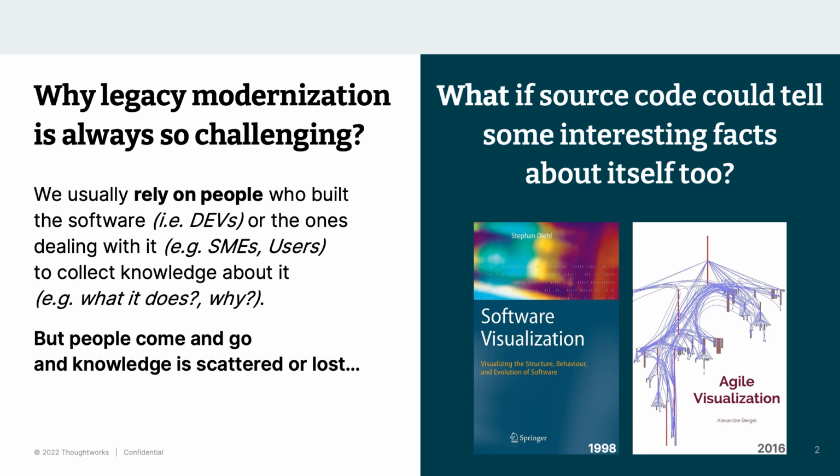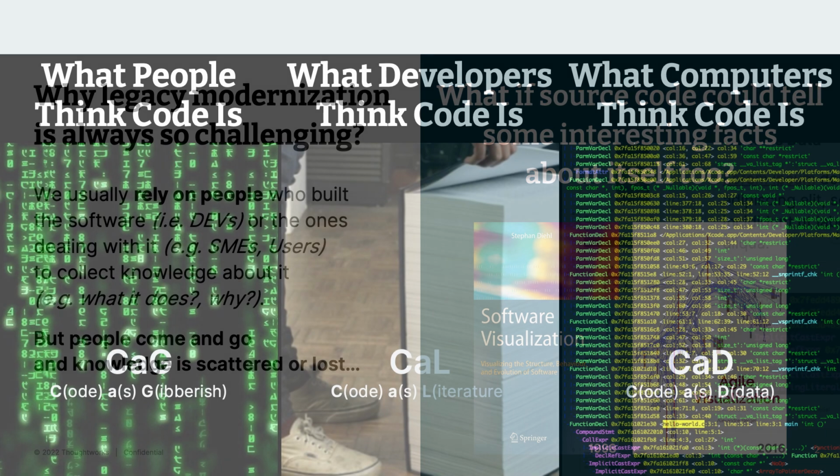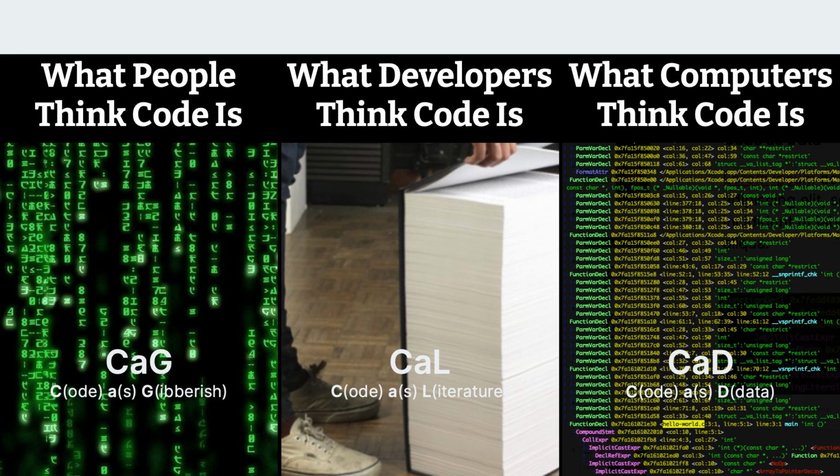I think this is connected to how we see source code. If we ask non-dev people what code is, they see something like gibberish that you need to be the chosen one to see through the metrics and understand what's going on. Sometimes that happens to us as developers too. Now, the funny thing is that if you ask developers what they think source code is, aside from what they can tell you,